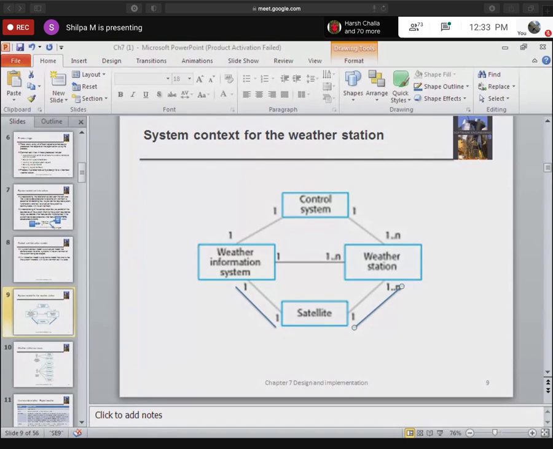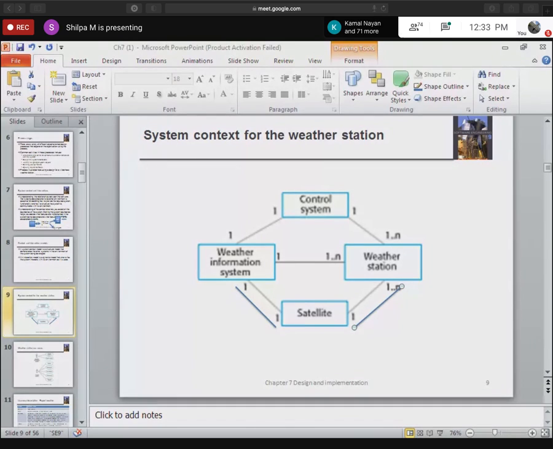So that satellite will communicate with all four weather stations. Maybe, for example, the weather stations in north, east and west have been shut down for some reason. Then the satellite is communicating only with one weather station, that is in the south. That kind of relationship is known as one to many.